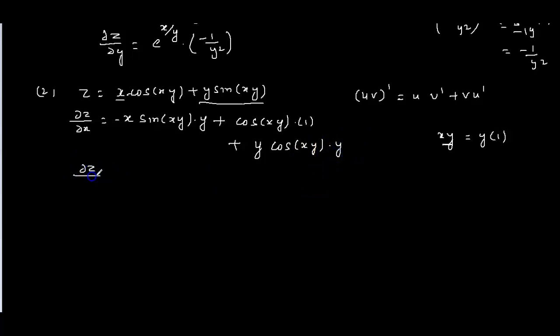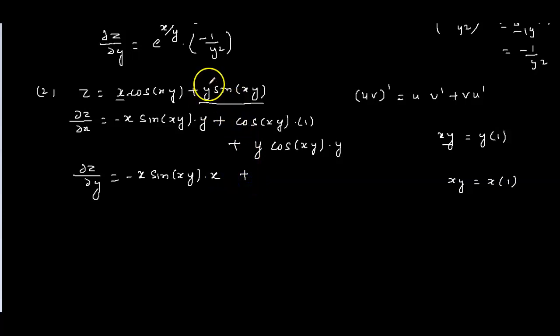Similarly, if we are differentiating partially with respect to y, here x is the constant, and the cos differentiation is minus sin of xy. Now xy we are differentiating with respect to y. So here x is the constant, and the y differentiation is 1. So we can write here into x, plus